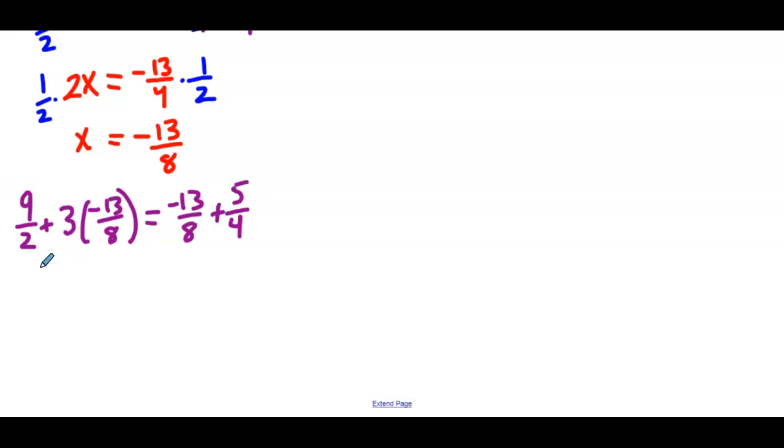So on the left side, we get 9 over 2 minus 39 over 8 equals negative 13. Writing a little too fast. Negative 13 over 8